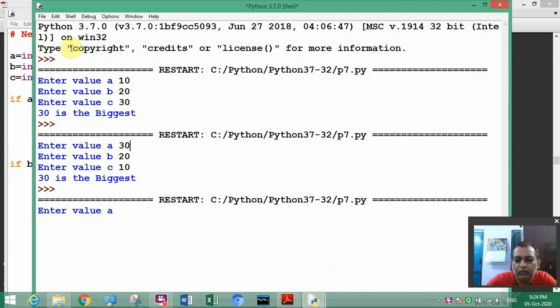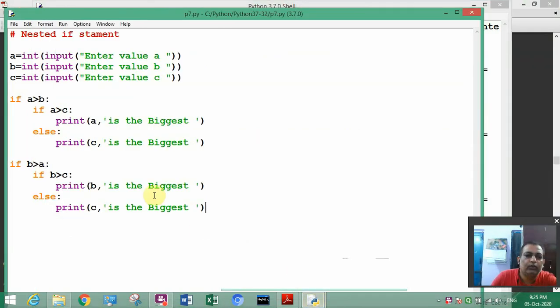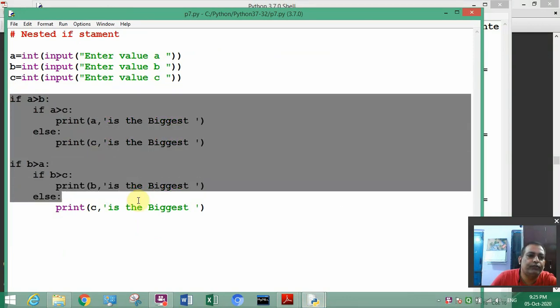First one is 20, second one is 30 and last one is 10. So in this case also it is giving 30 as the biggest. Okay, so in this way we can write this type of